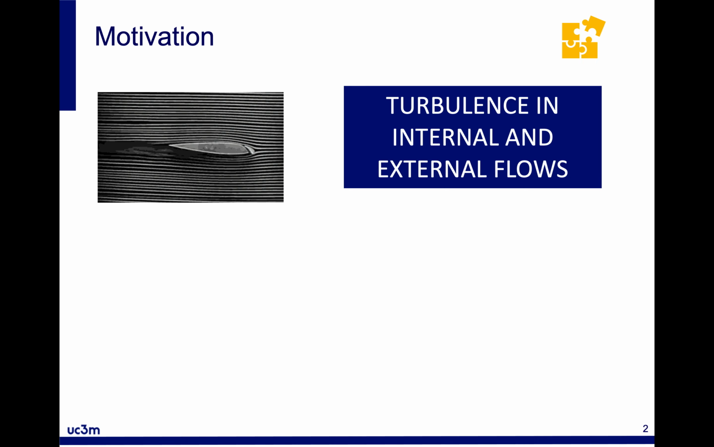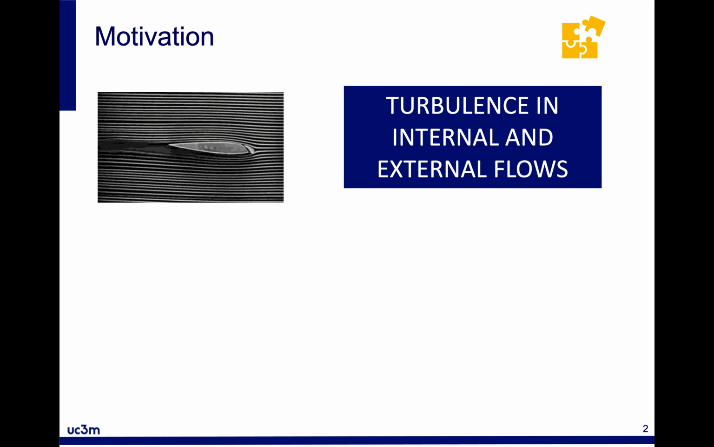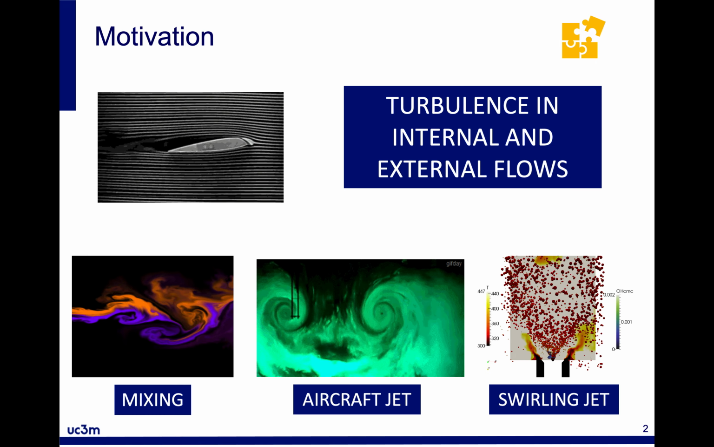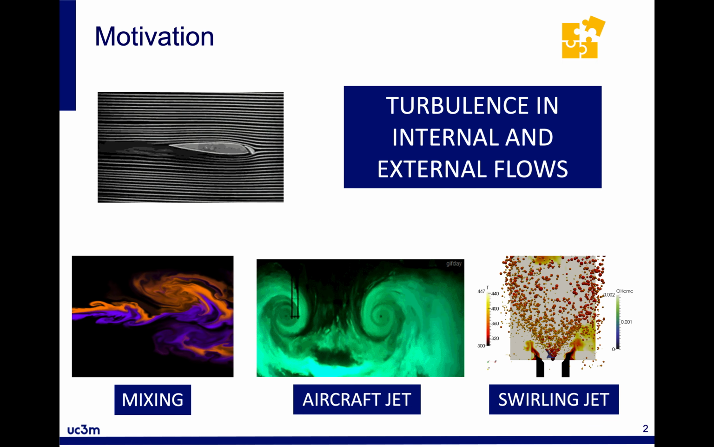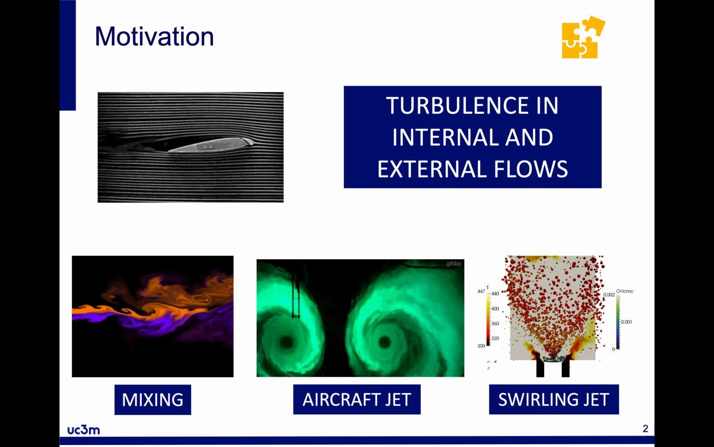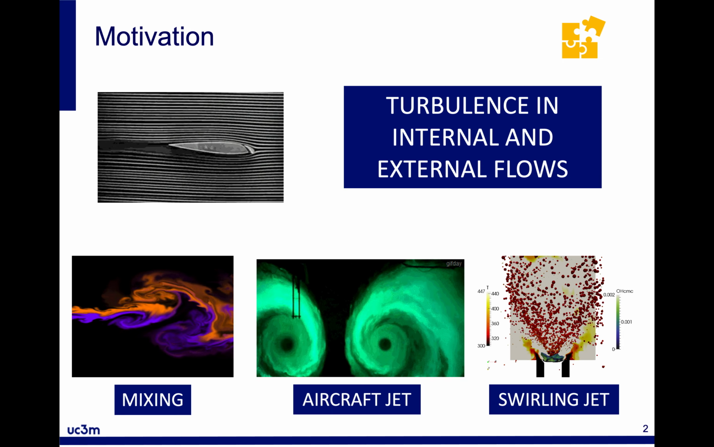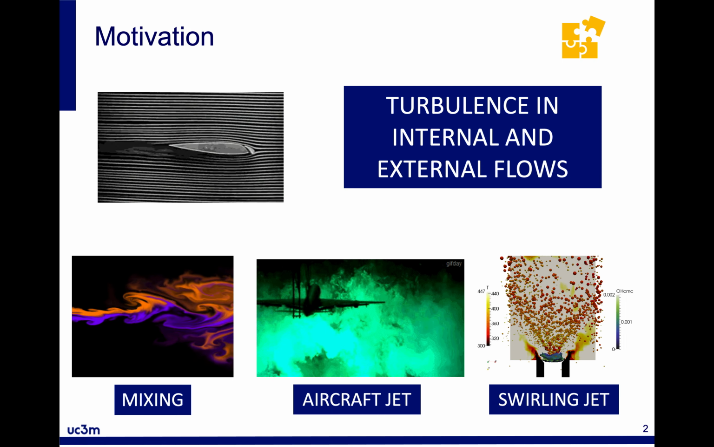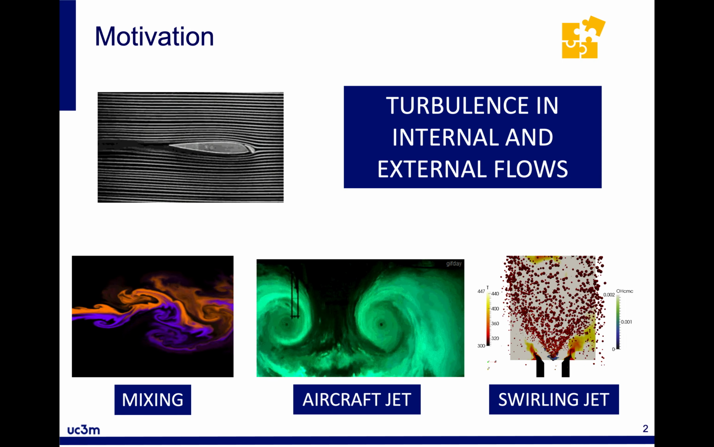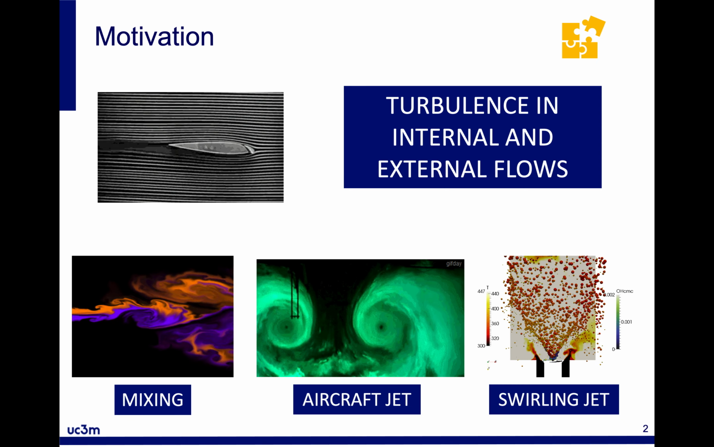We can have effects like transition to turbulence related to drag, and this is an effect that we would like to control. We also have, for example, mixing, which is an effect happening inside combustion chambers and affects the efficiency of the combustion process. We also have the aircraft jet, which is also related to drag, or we have the swirling jet animation showing how fuel is injected inside the combustion chamber, just as another example with a clear impact